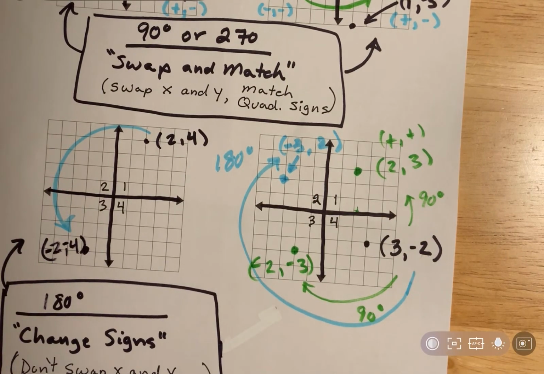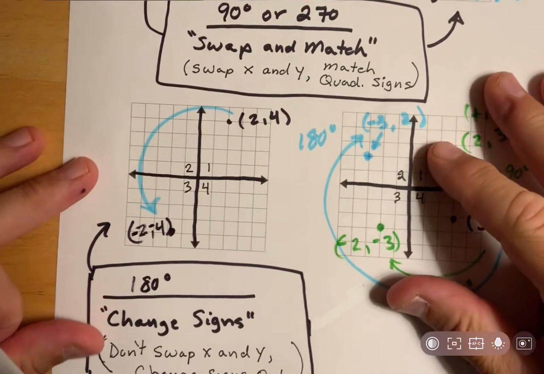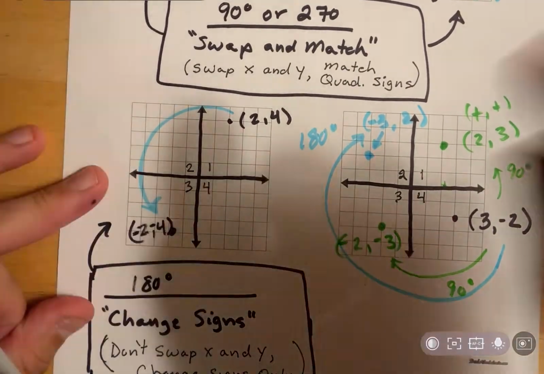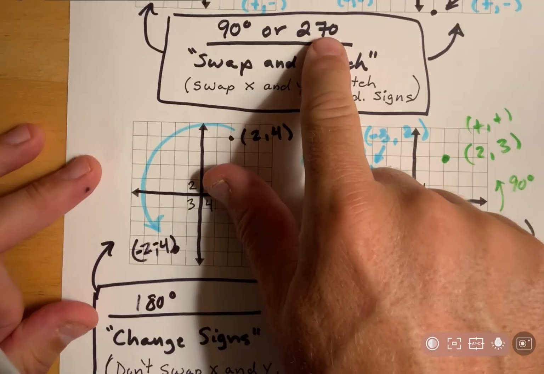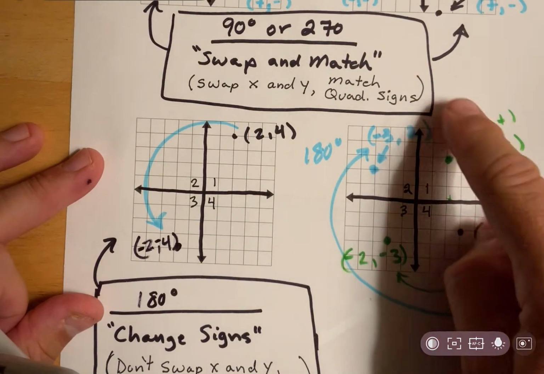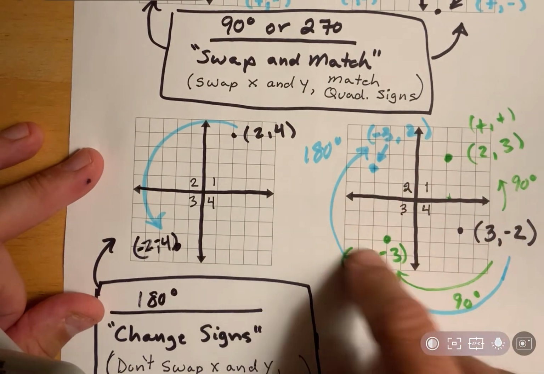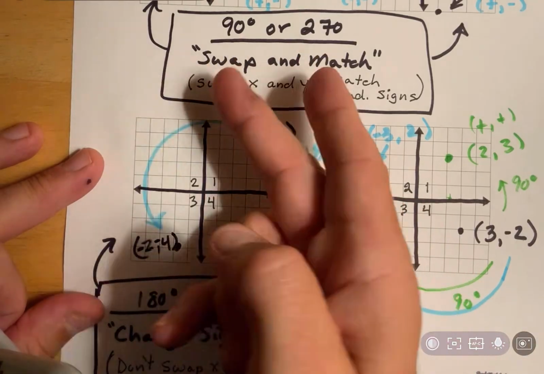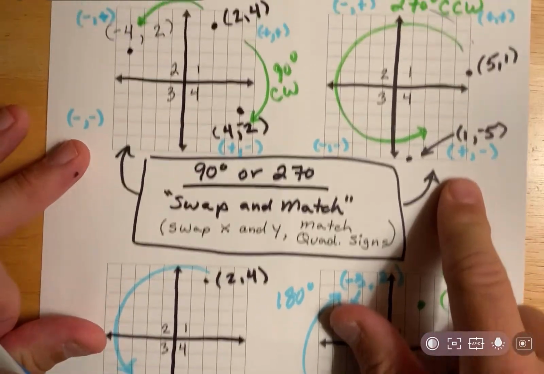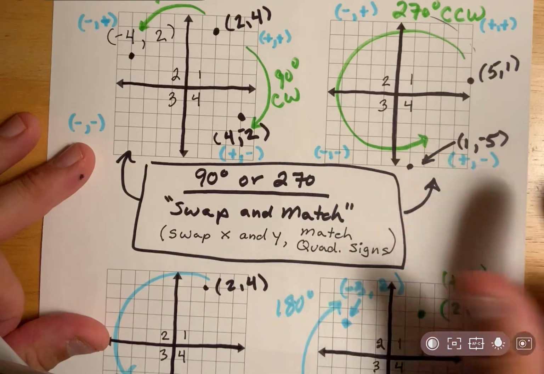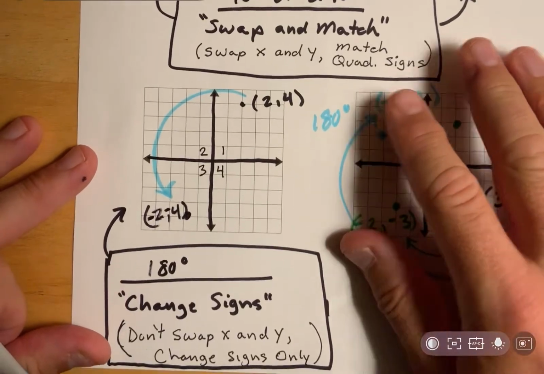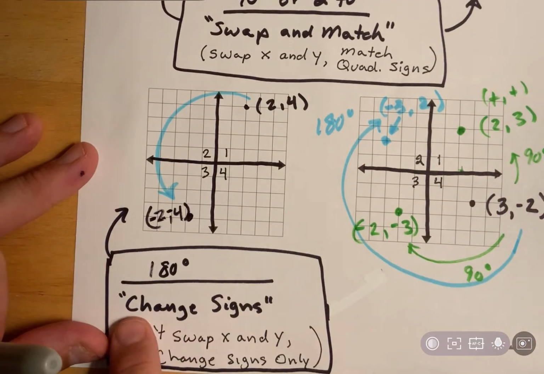So what you have to remember today, as you try to make your new locations of your coordinates, is that if you're going to do a 90-degree rotation or a 270 rotation, figure out where it's going to end up, whether you're going clockwise or counterclockwise. You're going to swap the order around and then match the signs of the quadrants that you end up in, okay? And again, if it's just a rotation of 180 degrees, then all you're going to do is just keep the order the way you have it,